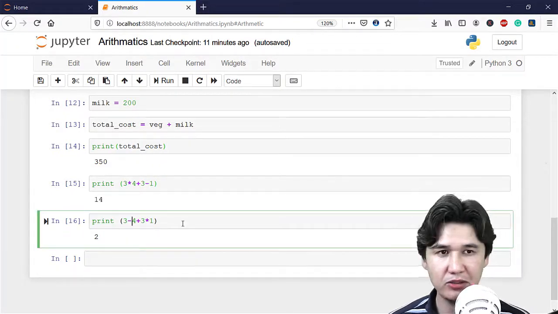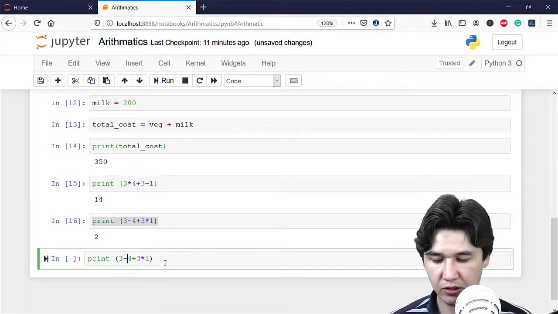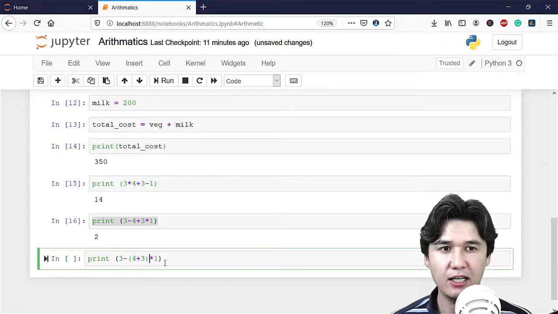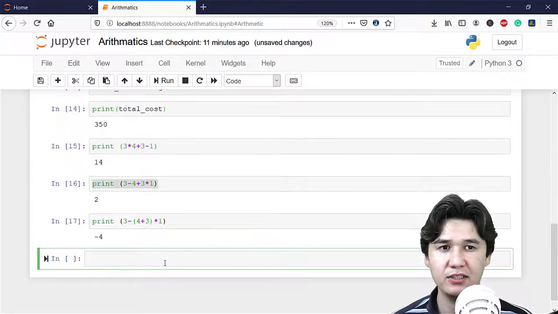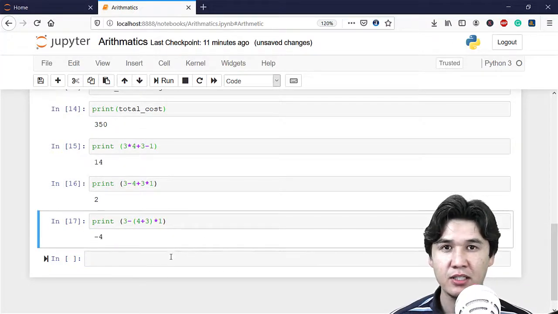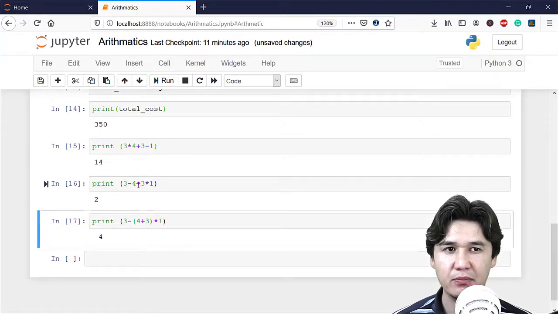What if I don't change anything else, but we do it like this, and I just press enter, and you will get minus 1. Why is that? We are just changing the order, or adding parentheses, and we are getting a different answer. Now everything is the same: plus is there, minus is there, multiplication is here. If I change it once again,